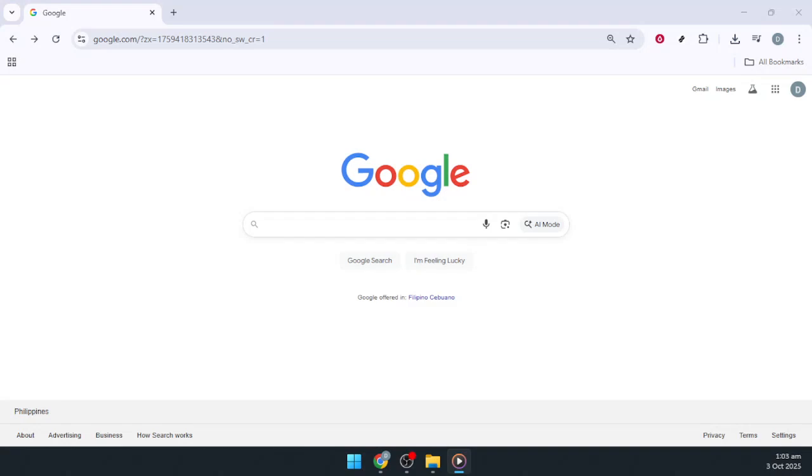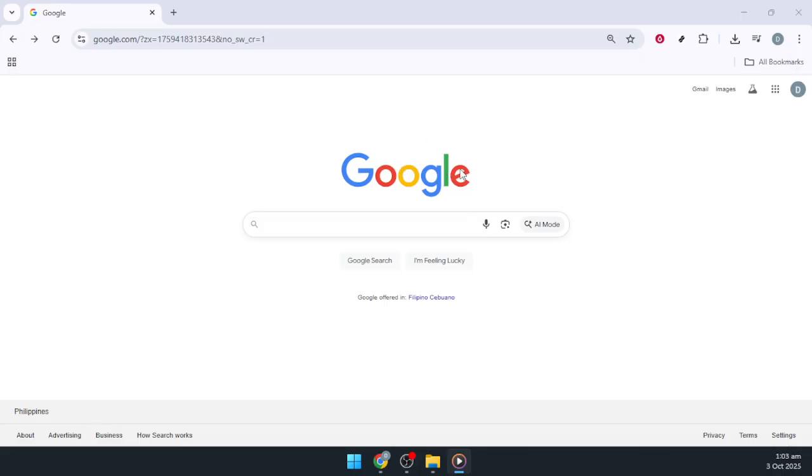In today's video, I'm going to teach you how to add a custom search engine in Google Chrome, a fantastic way to streamline your browsing experience and tailor it to suit your unique needs. Custom search engines allow you to create shortcuts for searching specific sites directly from the Chrome address bar, saving both